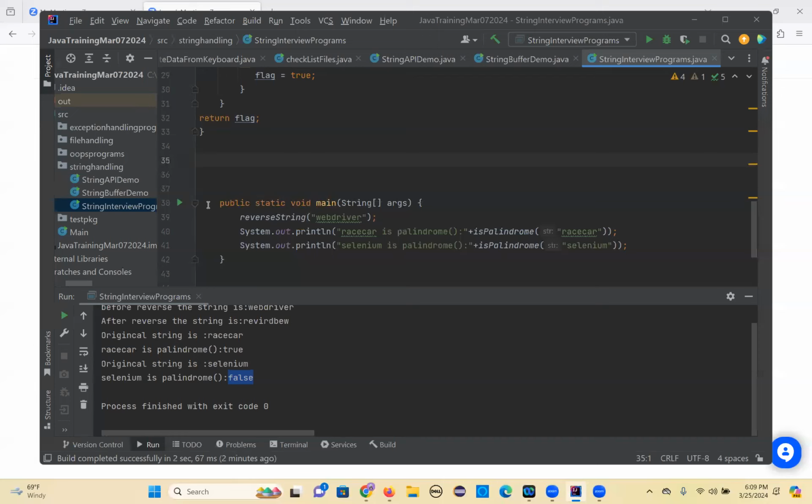We have to find out, in the given string, what are the different number of vowels, consonants, and